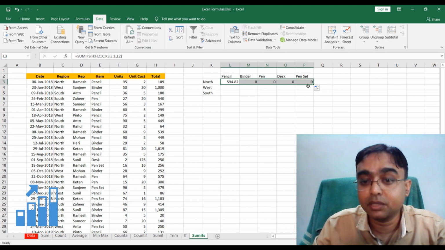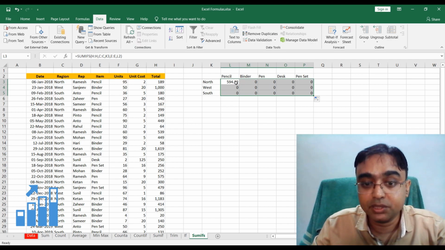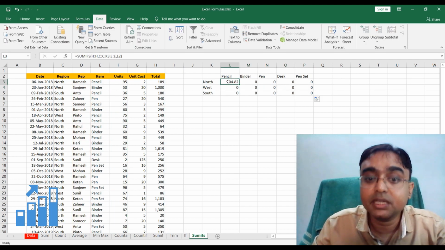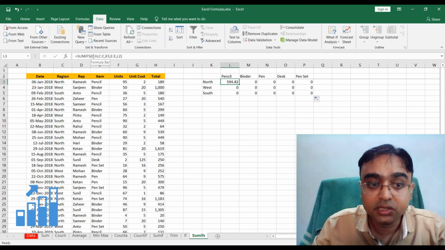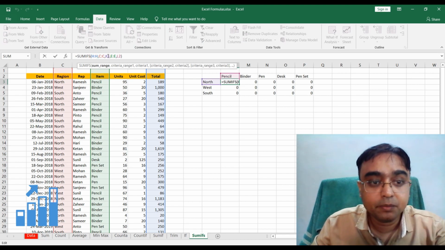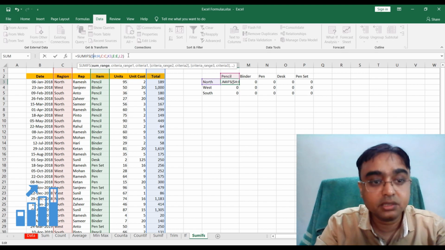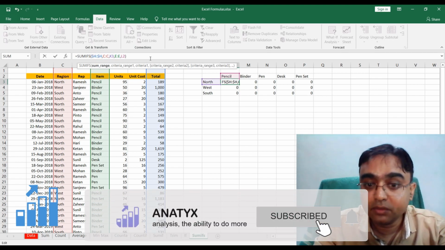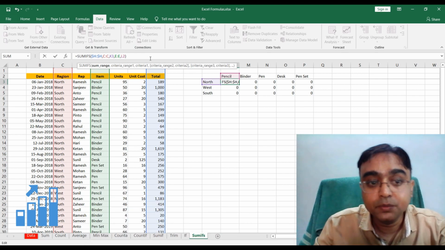I can drag and drop the formula to the entire row and column, but you will not get the proper numbers. The reason is that nothing is constant over here, because every reference moves. So now I will make it constant. For H to H I will press F4, or I can just put a dollar symbol. That means my entire H column is going to be constant wherever I pull the formula to.